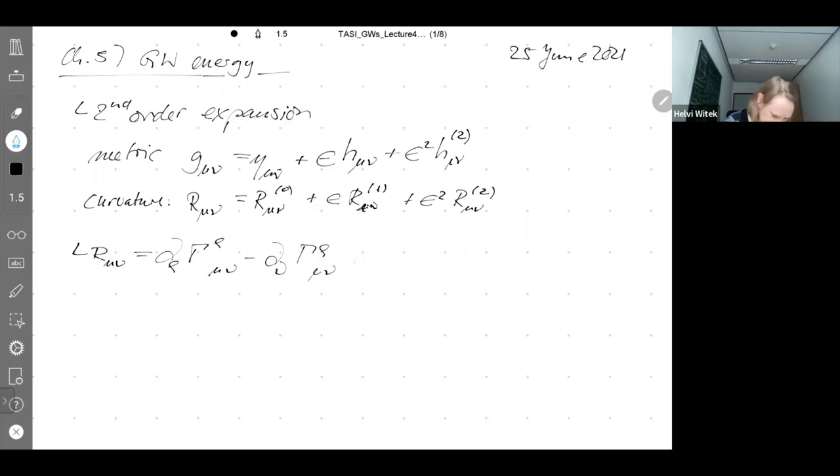So mu rho here plus, and then we have Christoffel rho sigma, Christoffel sigma mu nu minus gamma rho mu sigma gamma sigma rho nu. Okay, so if we expand that, and let me be very schematic, I'm not going to use any indices, I'm only interested in the order by order expansion that we have here. So very schematically,